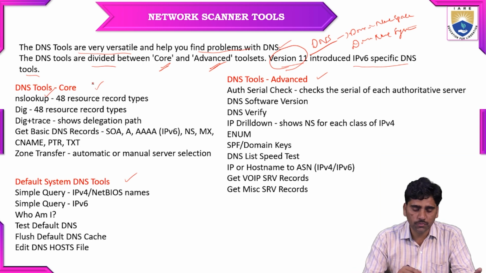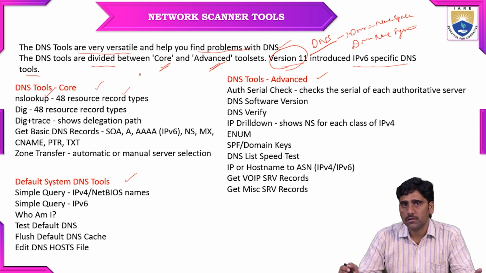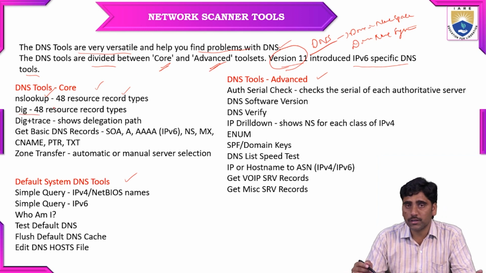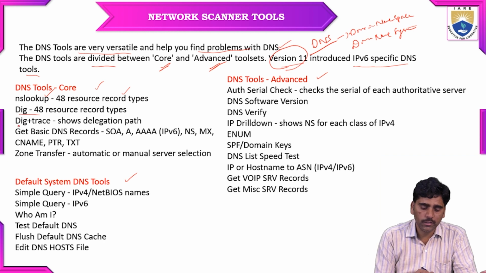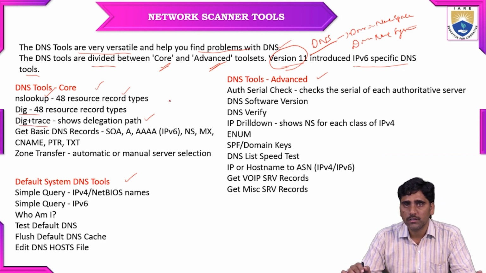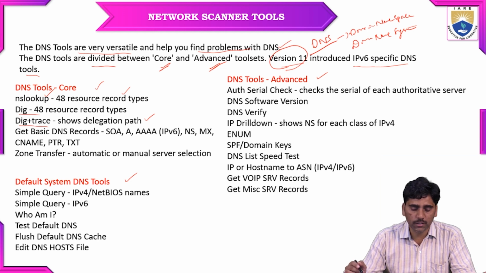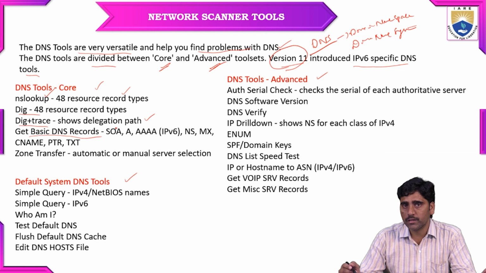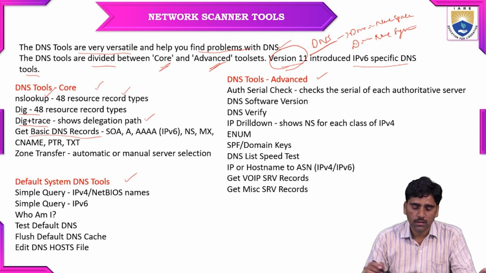NS lookup, which supports 48 resource record types. The next, dig, 48 resource record types. The next, dig plus trace, shows delegation path. It shows that what? Delegation path. Get basic DNS records like SOA,